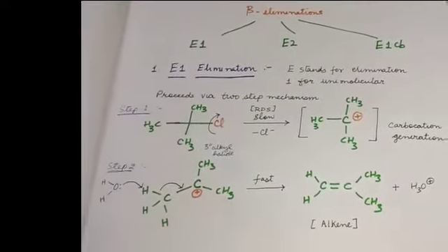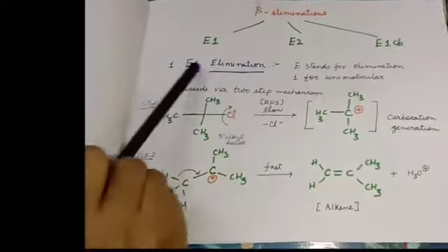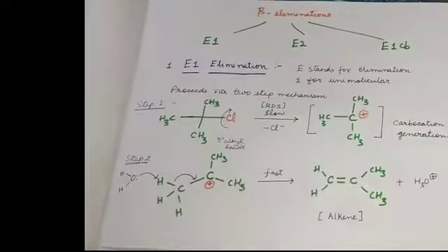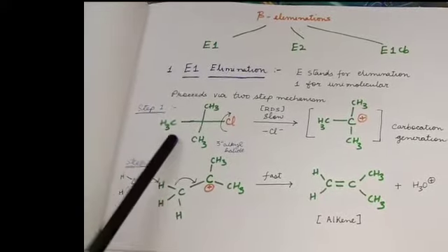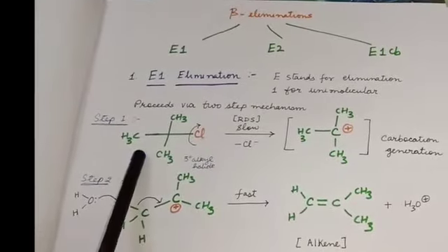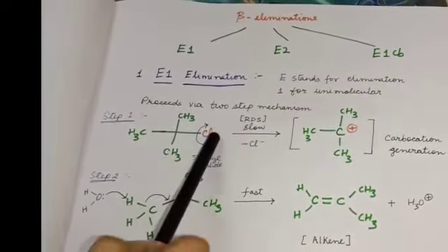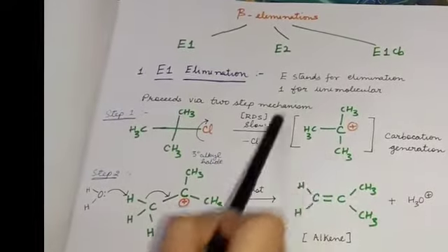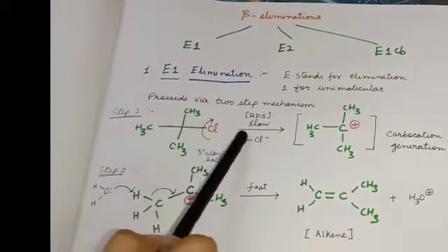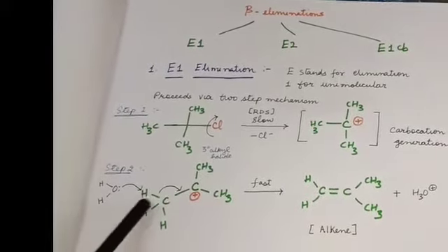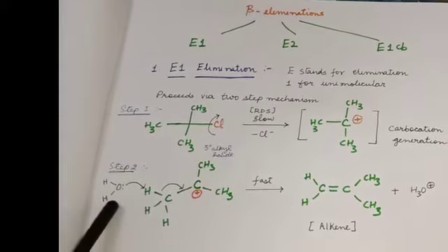So firstly we will see E1 elimination reaction. Here E stands for elimination while 1 stands for unimolecular. So this proceeds via a two-step mechanism. In the first step, there occurs a heterolytic fission of this C-X bond. So this C-Cl bond will break, resulting in the formation of this carbocation, and this is a slow step. And this is followed by the abstraction of the proton from the beta carbon by a base